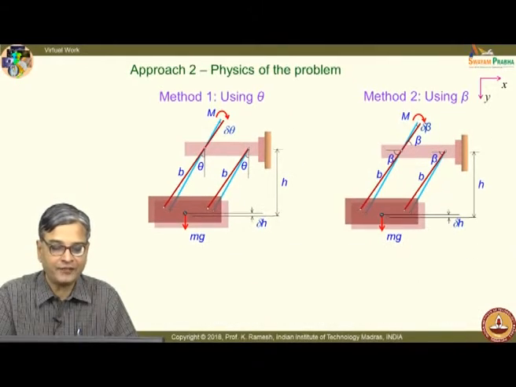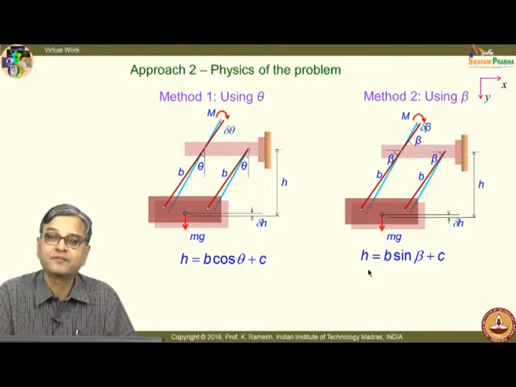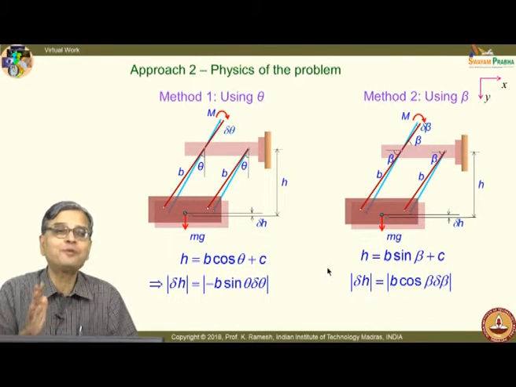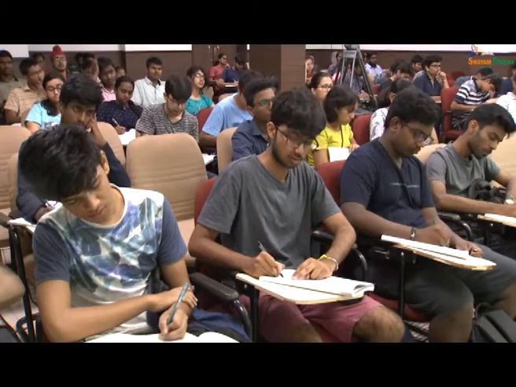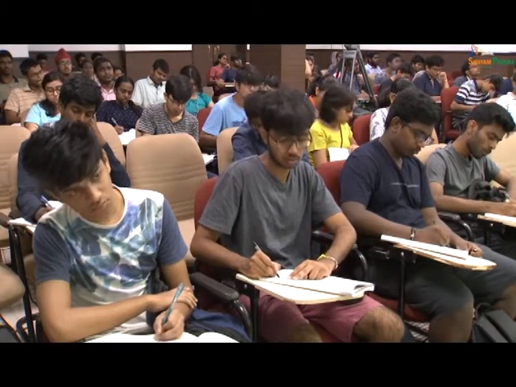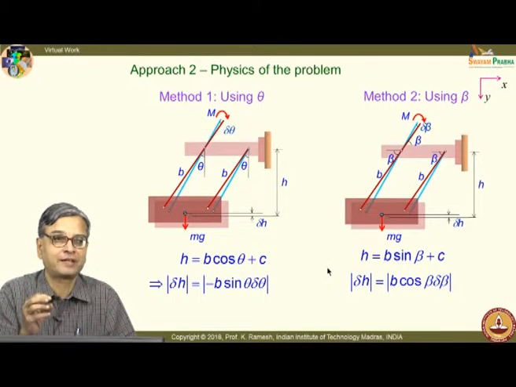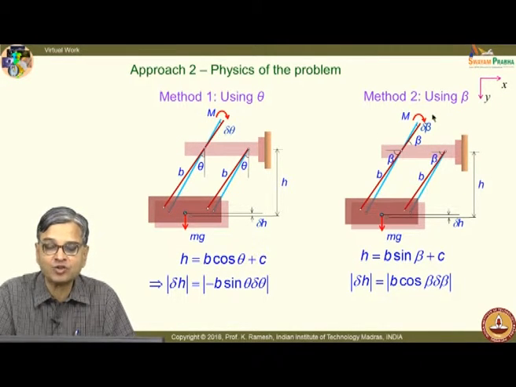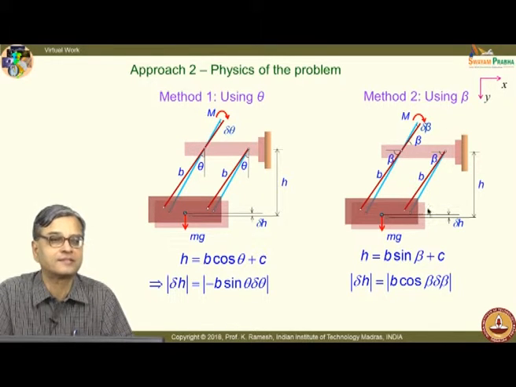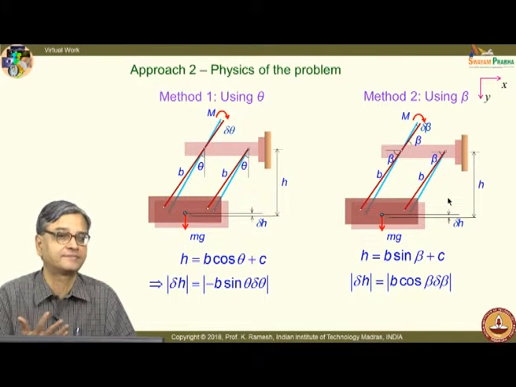Fine. So, if I have to do that, what I have to look at is, when I get this h expression, when I get delta h, do not worry about the sign, you just look at the modulus. Let us assign the sign of these quantities when we write the virtual work statement. Investigate whether I am doing a positive work or a negative work. And what is important here? Your neat sketch of the displaced configuration is extremely important for this. If you do not do that, then you cannot physically visualize.